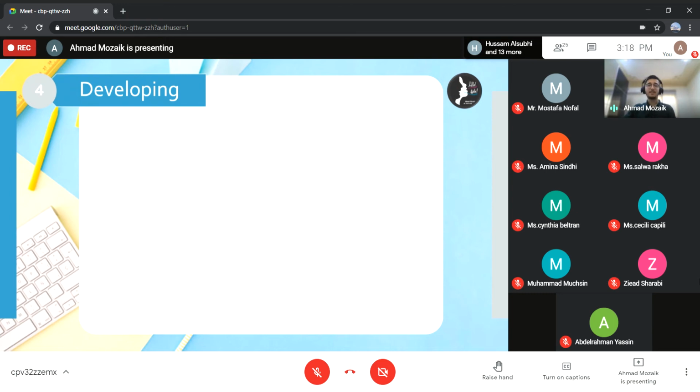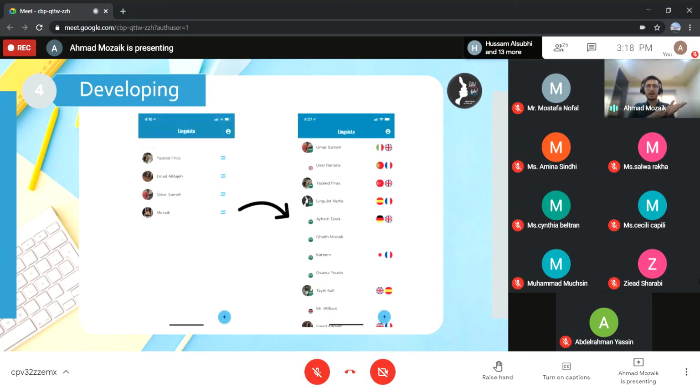The second was the flags feature, which represented the flags of the mother tongue language and wanted-to-learn languages as graphics beside the user's name. This eased the process of finding partners who want to practice the same language and gave more to the essence of Linguista. Further, it also gave a better look to the application.